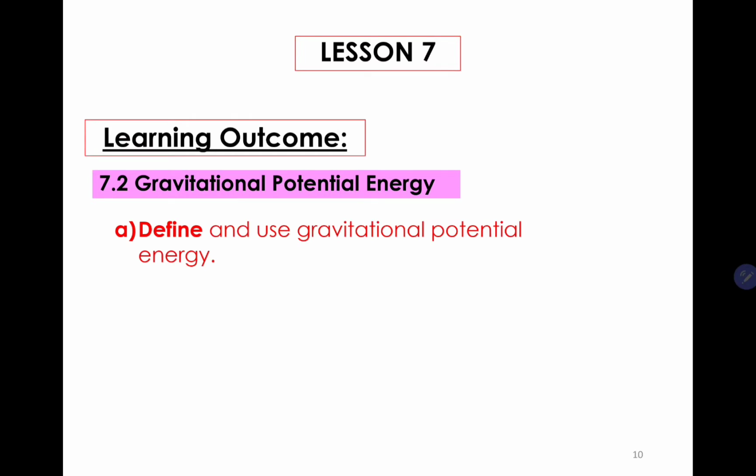Okay, now let's continue with the second subtopic, which is 7.2. The topic is gravitational potential energy. Based on this subtopic, for the learning outcomes, students should be able to define and use gravitational potential energy. So what is gravitational potential energy and how do we use the equation in calculating something? Alright, so let's start